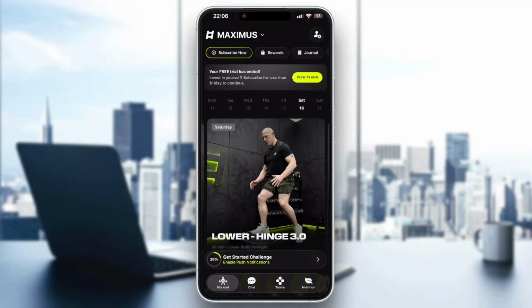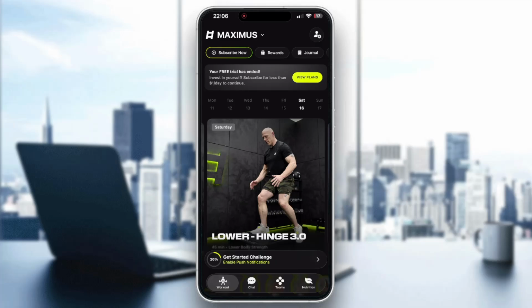So the first thing we want to do is open up the official Ladder application if you have not already. If you do not already have it downloaded, open up the App Store on your mobile phone, search for Ladder, find the application and install it. So after opening it up, this is going to be the main page you're greeted by,